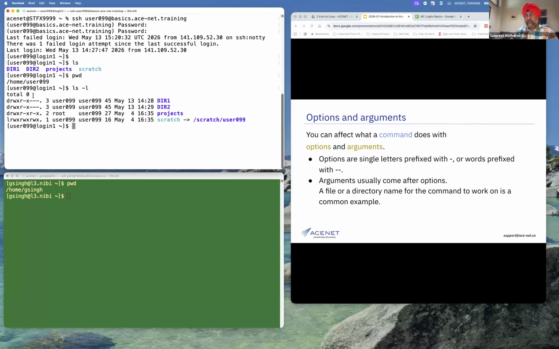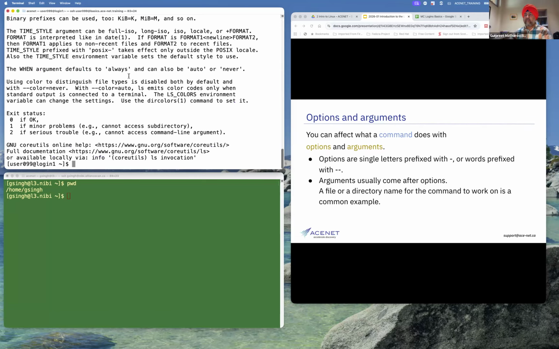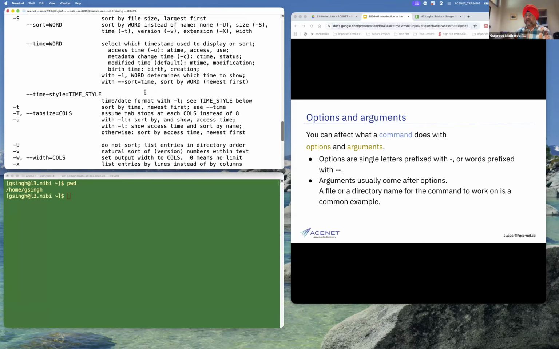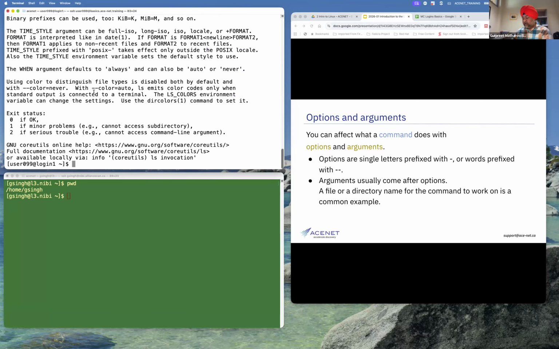Thank you. So we've got ls minus l, where l stands for the long format. And then there are some words that you can type like this. If you do that, it will open up a help page for you as well. If you want to type words, then you should be using two dashes. And if you just want to place an argument or an option, then you can use just one of those dashes.